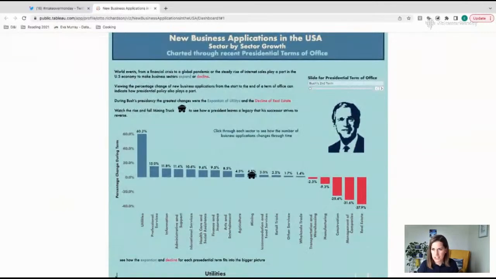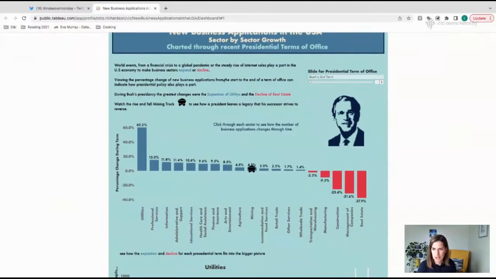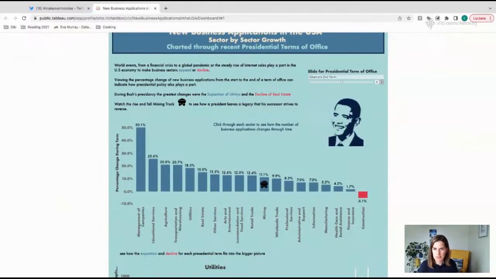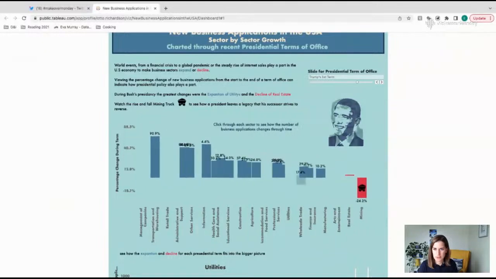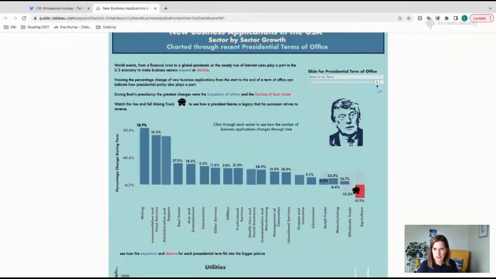In terms of the design, I find the font a bit hard to read. It's quite tight, like the characters are really close together. And it looks like it might be bold, or maybe it's just the font style. I would make that a bit simpler and maybe chunk the text into 2 text boxes rather than these really long rows, because the second row ends quite early. So you could compress maybe the first 2 paragraphs on the left and then the next 2. Bush's second term, Obama's first term. Do I want to go any further? Of course, Trump's first term, and then Biden's first term.